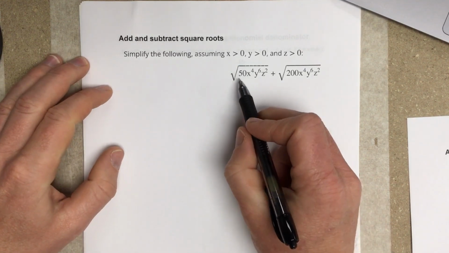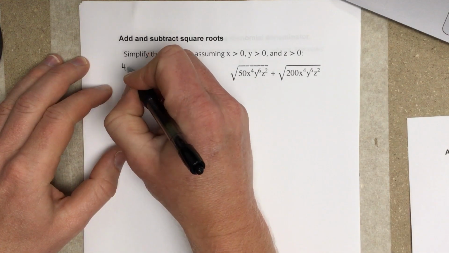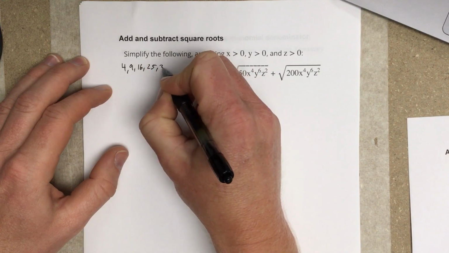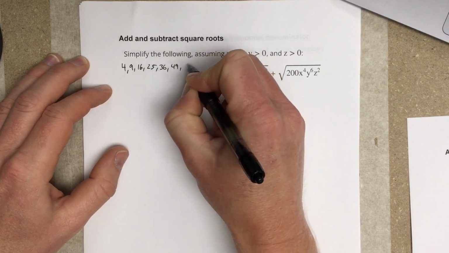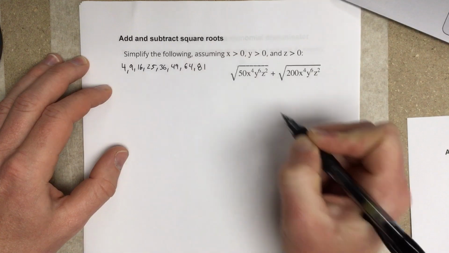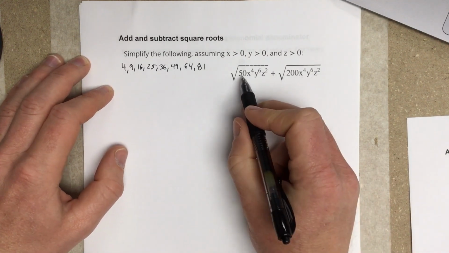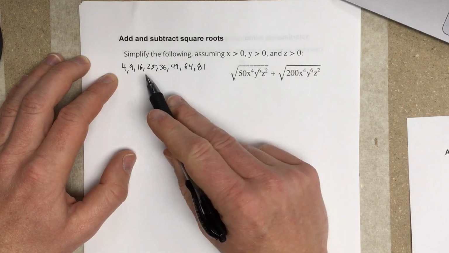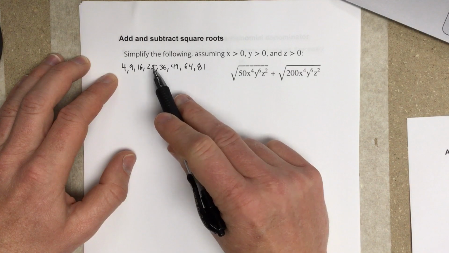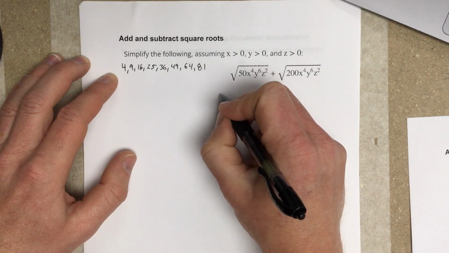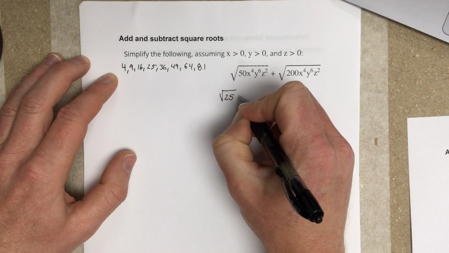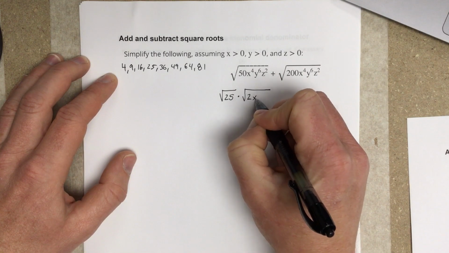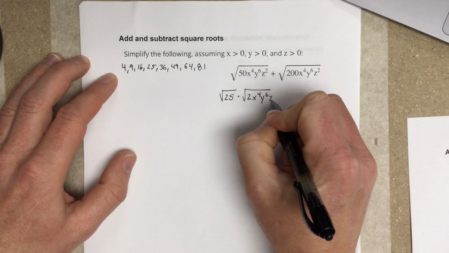I'm going to start by writing down the perfect squares. So 4, 9, 16, 25, 36, 49, 64, 81. And we'll start by trying to divide 50 by 4. That doesn't work. 50 by 9, that doesn't work. 50 by 16, that doesn't work. 50 by 25, that works. So we're going to have root 25 times root 2, x to the fourth, y to the sixth, z to the second,